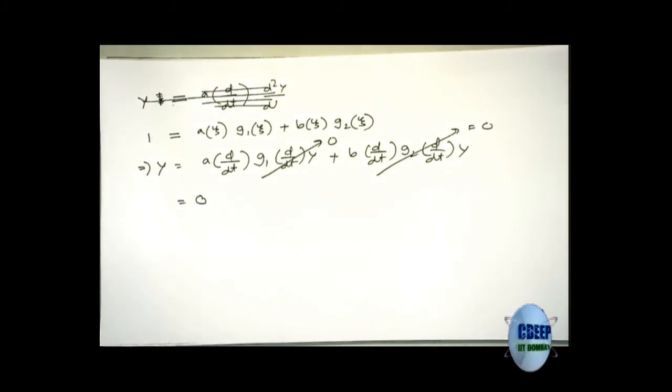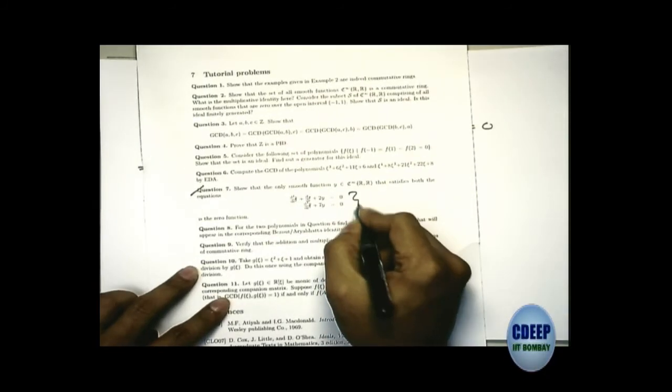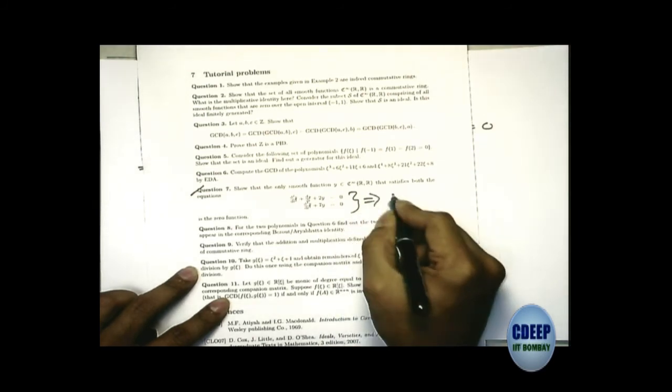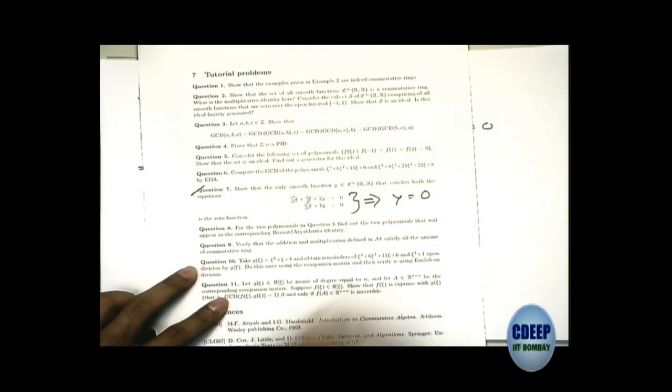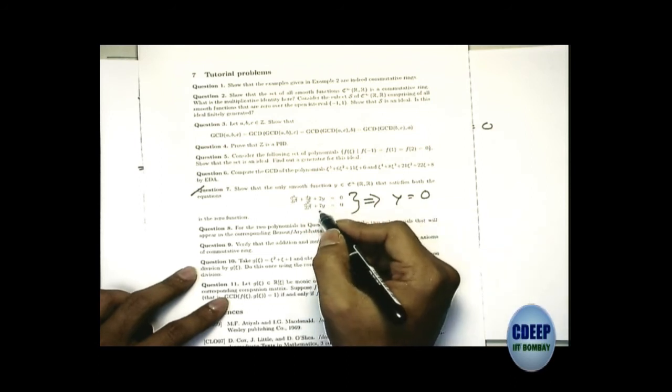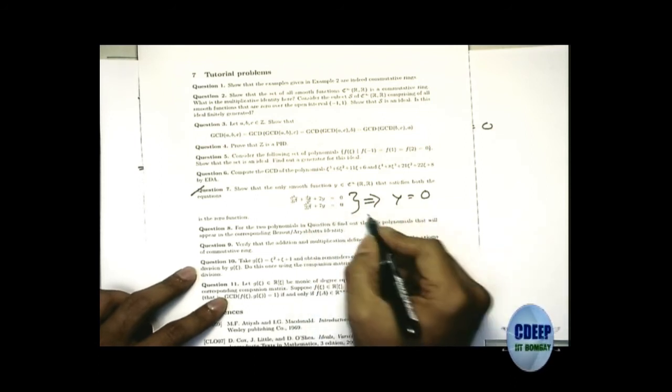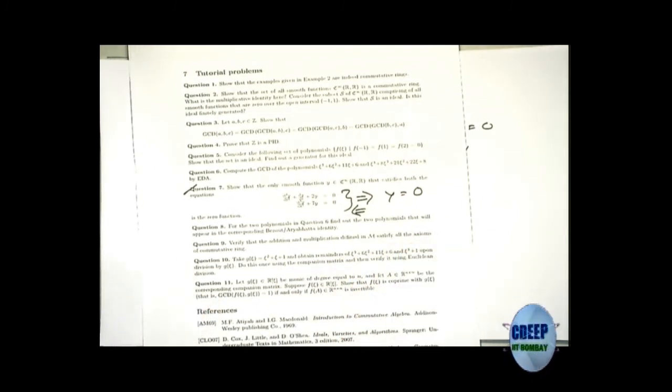So, the moment we say y satisfies these two equations, this implies y has to be equal to 0. On the other hand, if y is equal to 0, then definitely y satisfies these two equations. So, this direction is also true. Together, y equal to 0 is the only possible solution. So, the 0 function is the only solution to these two equations. Very good, I am really happy that we have a solution to this problem.